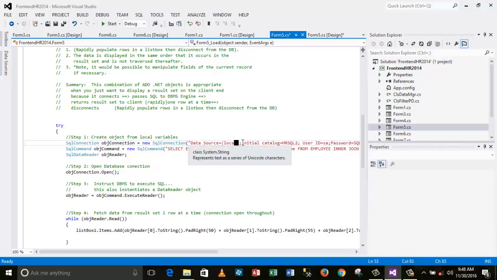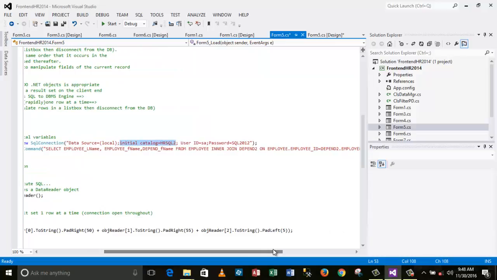Following that, we have to specify the keyword initial catalog and then set it equal to the name of the database that we want to use on that database server that's specified through the data source. So I'm going to be using the HRSQL2 database as opposed to the Northwind Convert database and so forth on my local computer. Then I have to provide the account that I want to log in under, and for development